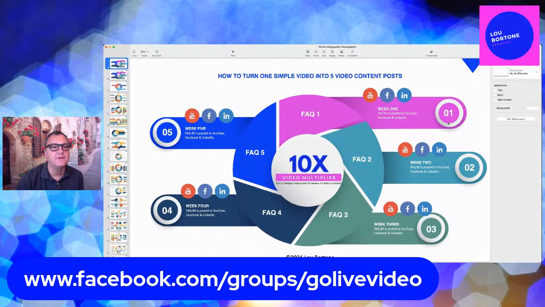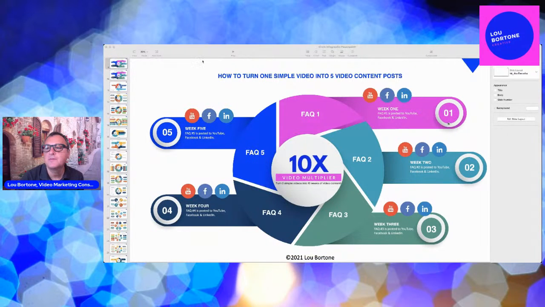I just wanted to share this with you because I wanted to show you how you can essentially turn one video or two videos into 10 or more videos. Let me just take this graphic down so that it's not blocking it. Let me remove this banner. There, now it's nice and clean. And I can see the comments.